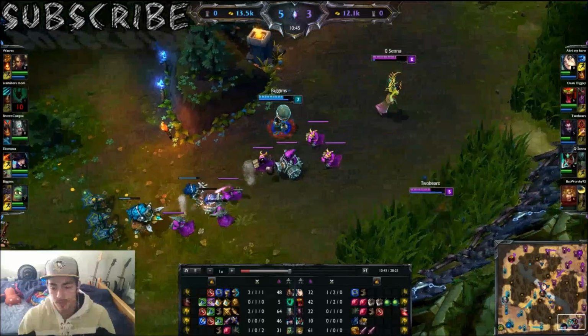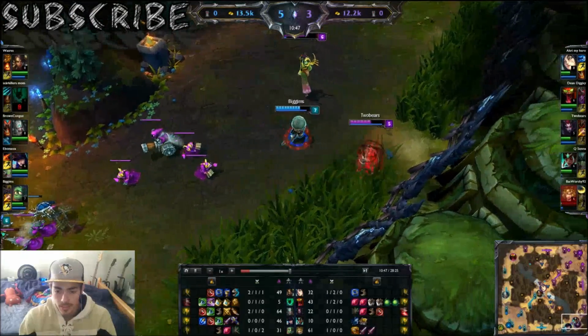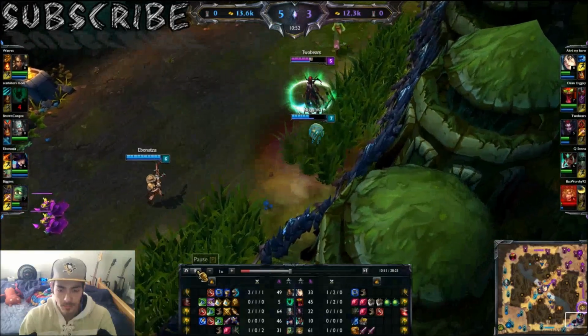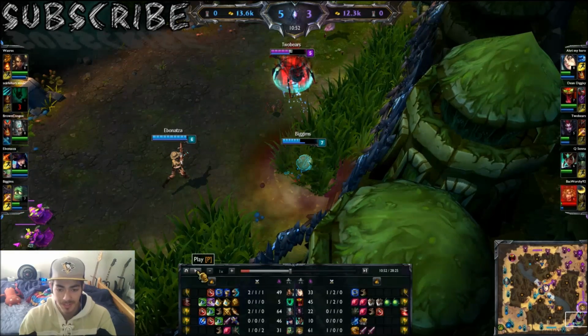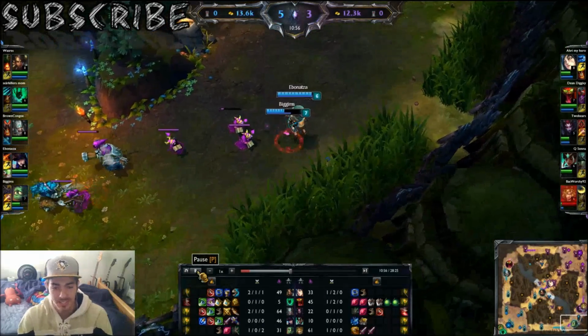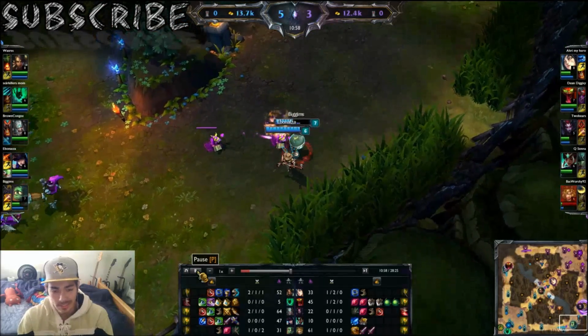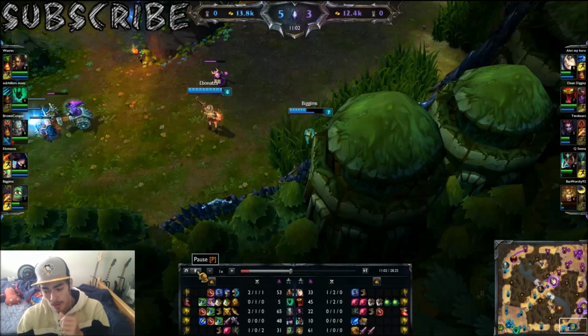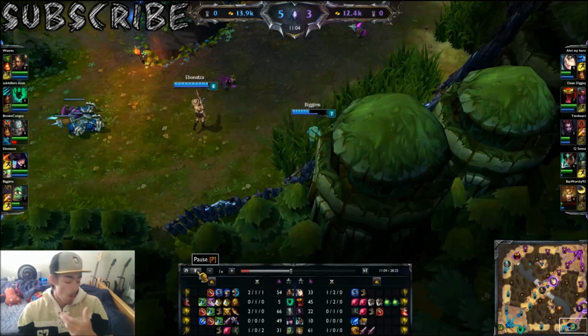So we were able to get a flash off, I guess. So right here, I thought Elise would have ran further past me by that point, but I guess she didn't. That's lack of bush control, vision, and everything like that. So right here, I noticed that Elise has to base, and I'm telling my team, yo, if we can get a dragon, that'd be great,